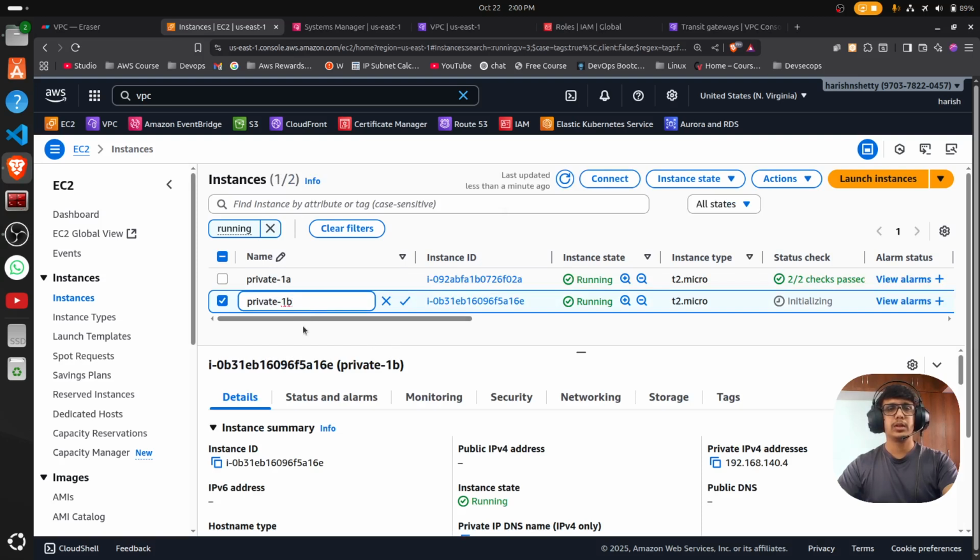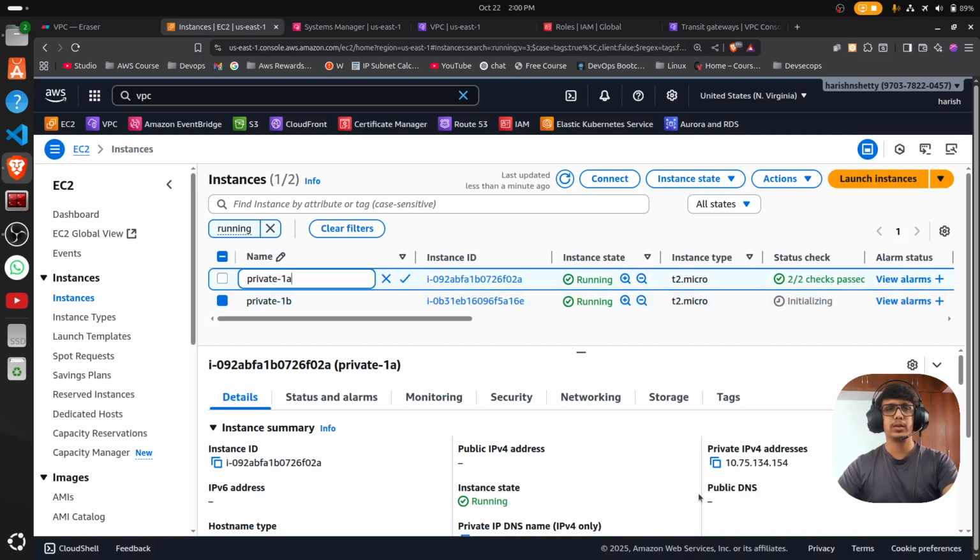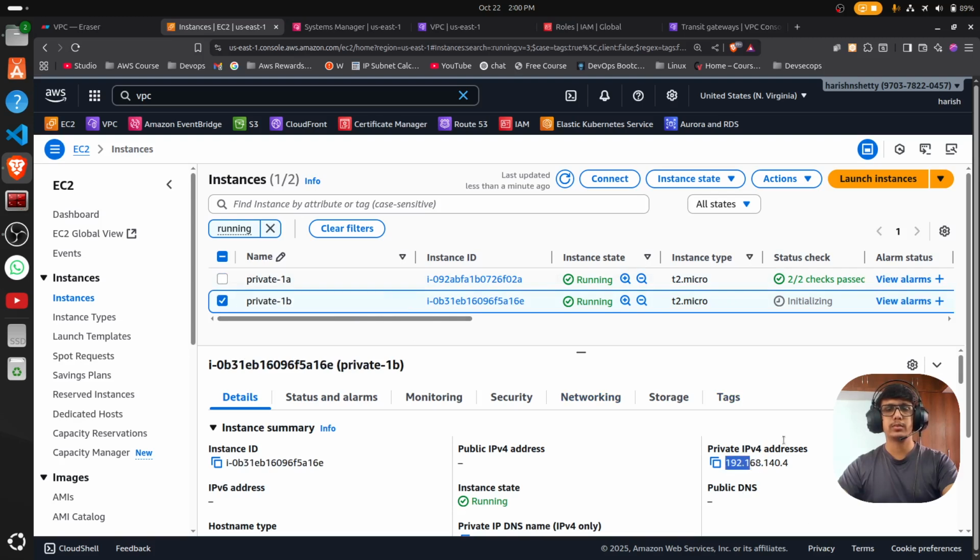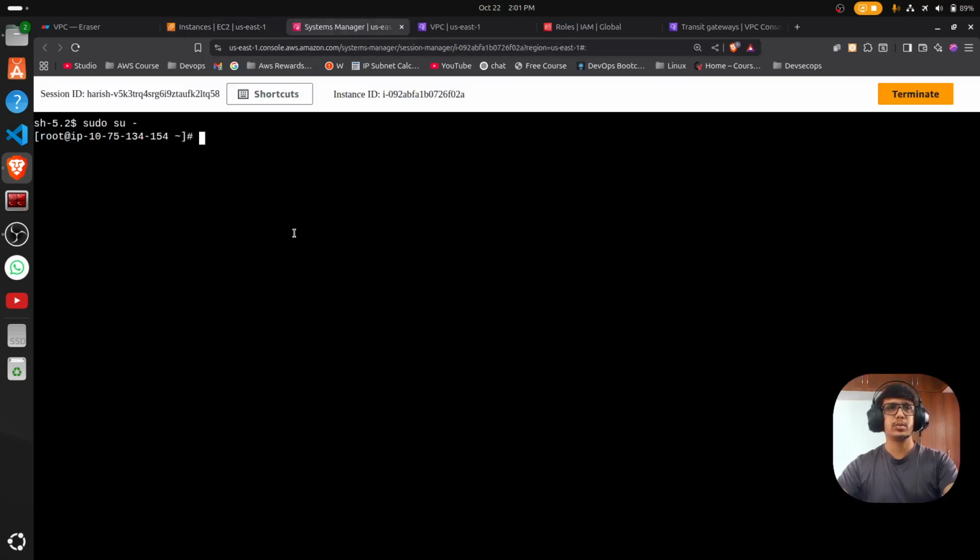When you click on the 1B private, here you can identify the CIDR block is 192. Okay, the 1A is 10 and the 1B is 192. Just copy this private IPv4 address, and move back here. Just type the ping, paste it here. Okay, try to ping. So right now it is not pinging because we did not create any VPC peering or